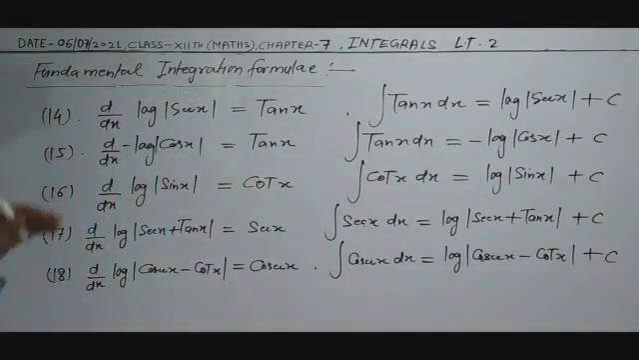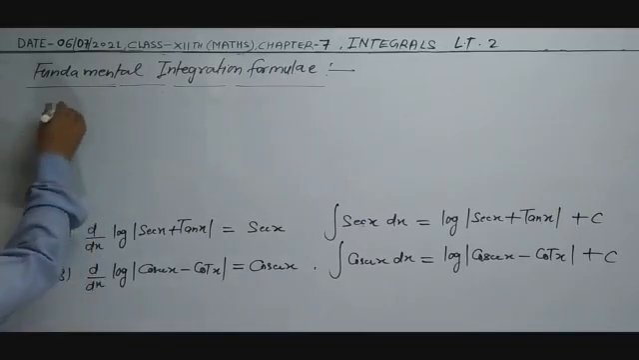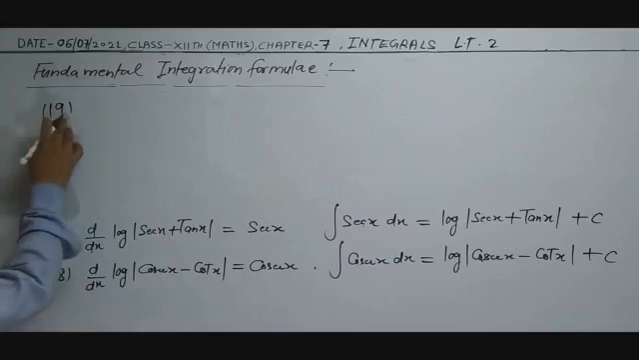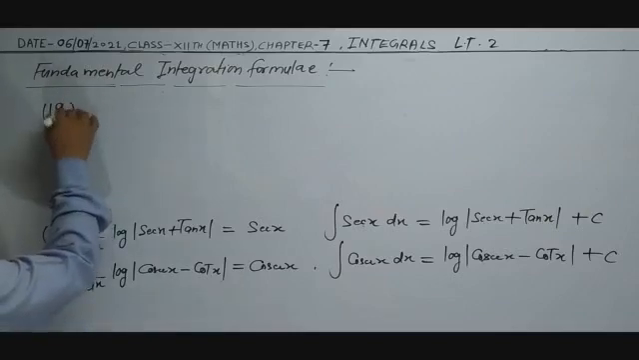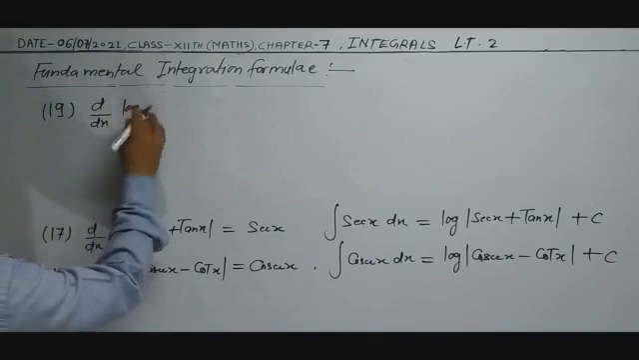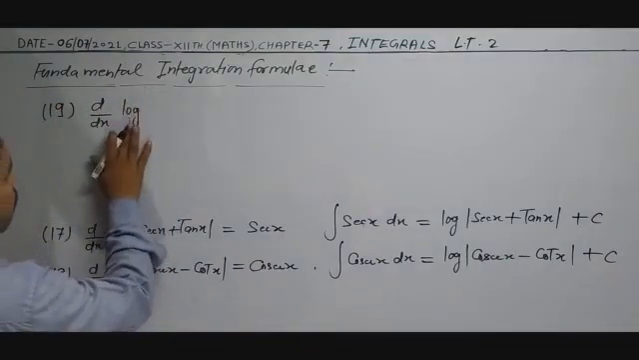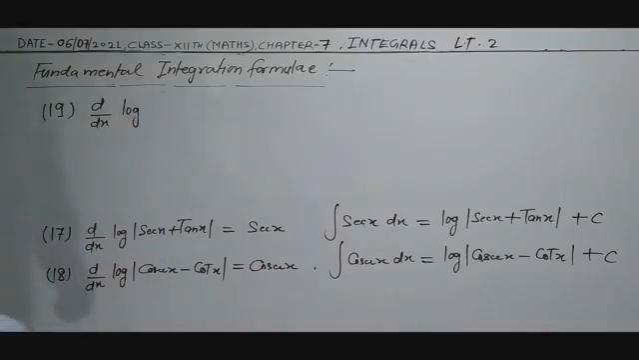Now come to formula number 18, 19. 18 I have completed. So come to formula number 19. Formula number 19 is made from formula number 17. So d by dx of log of